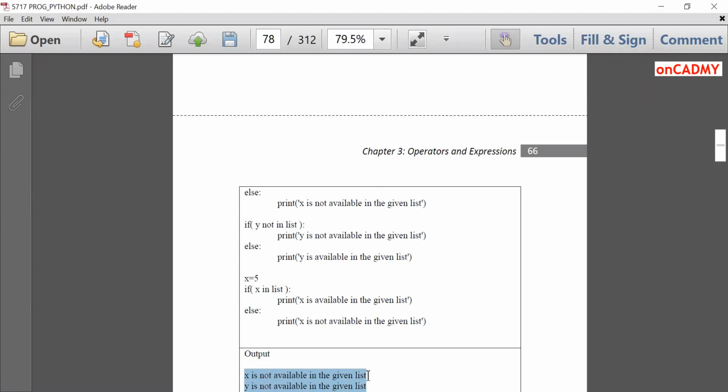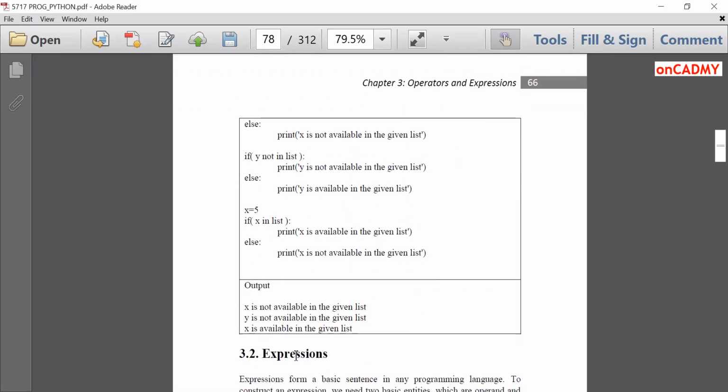So this is the output. Similarly, for y, these if else statements can be executed and we'll get the appropriate output like this. So this is very simple. In special operators, we have studied "is", "is not", and "in", "not in". I hope you got the concept thoroughly.